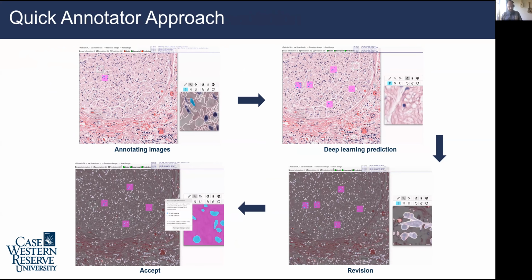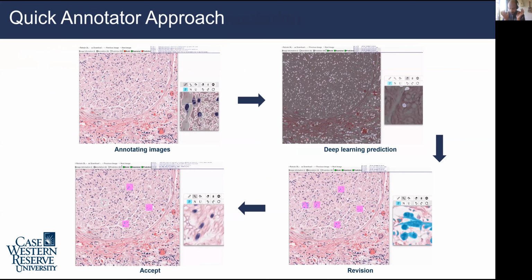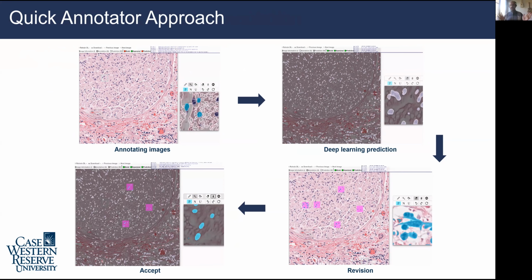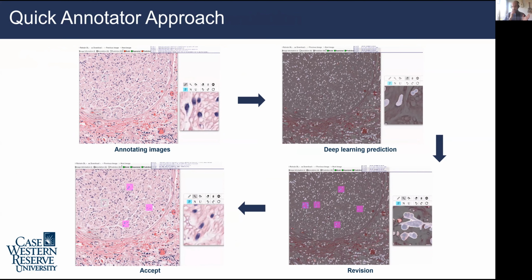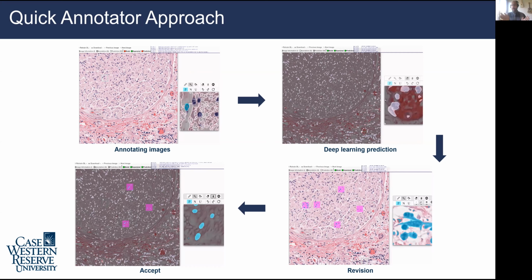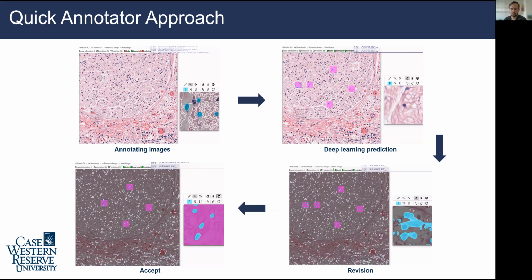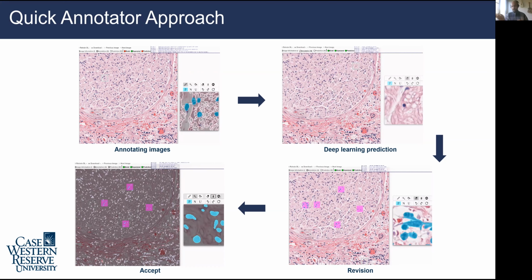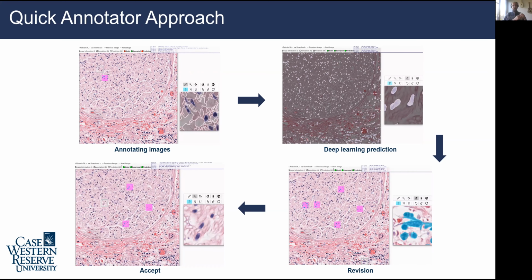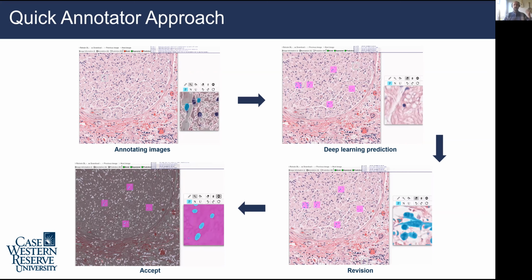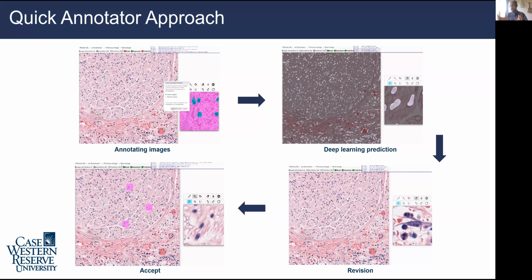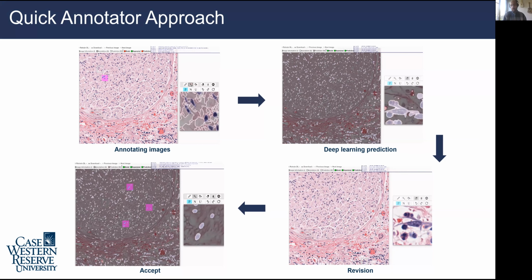Yeah, so that's a great question. The Quick Annotator is not some fantastic new technology, right? The back end of this still uses a UNet, and the benefit of using that UNet is that it's basically at this point been used, I think, for pretty much every single type of segmentation that we can imagine. So if you want fibrotic regions, you can highlight fibrotic regions, it'll find fibrotic regions. So all of the papers that we've published recently in the kidney space, we've looked at tubules, peritubular capillaries, glomeruli, all of those use a UNet. And as a result, all of those would be perfectly acceptable to use within Quick Annotator to help kind of